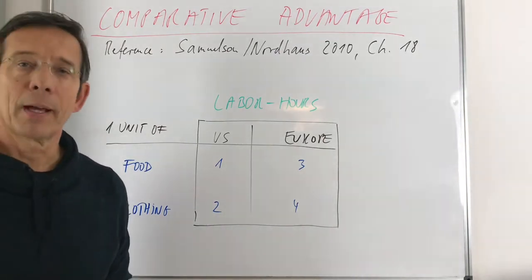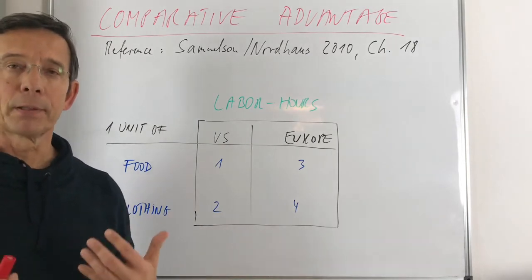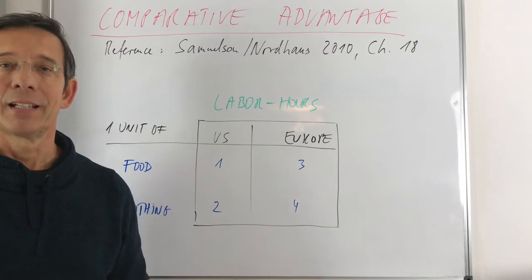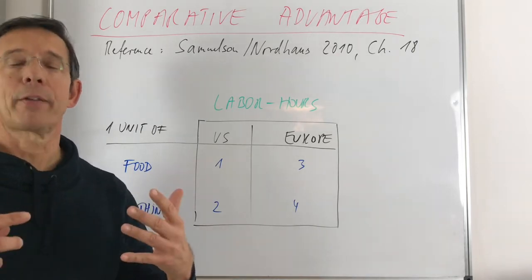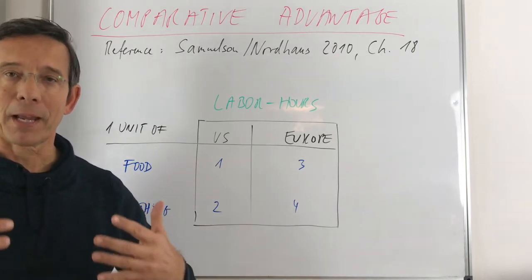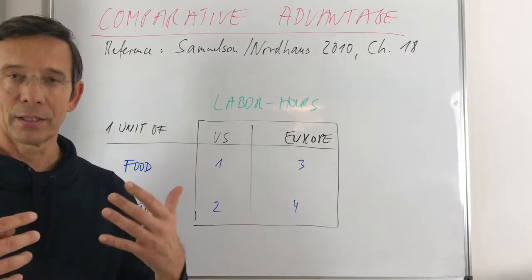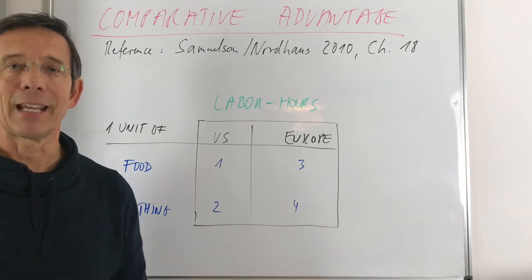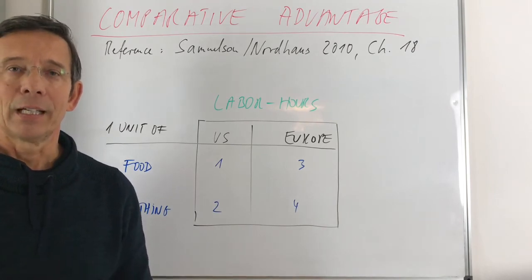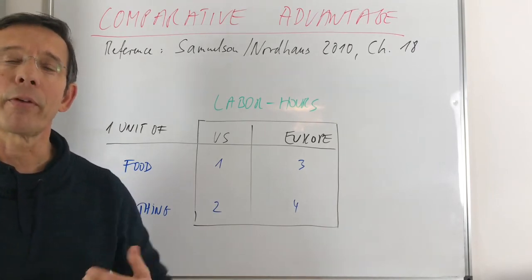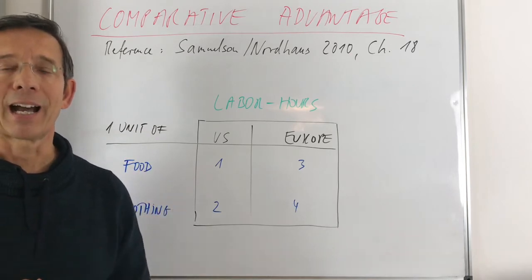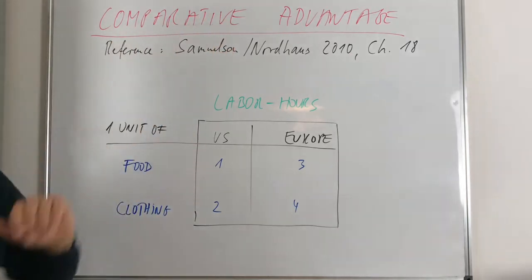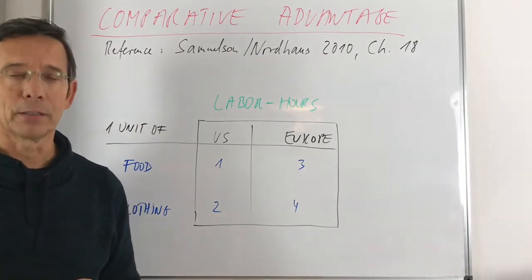We learned from Adam Smith that if people specialize in what they can do best, that drives the wealth of nations, right? Specialization drives the wealth of nations. That's what we learned by the end of the 18th century. David Ricardo got one step further and highlighted the idea of comparative advantage, which is a little bit more difficult.